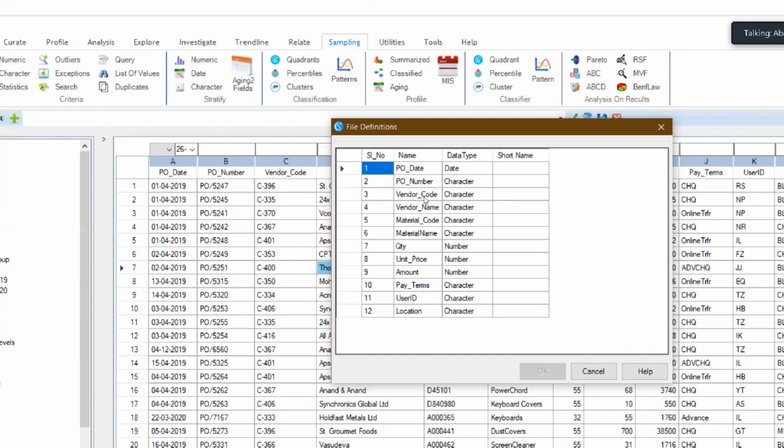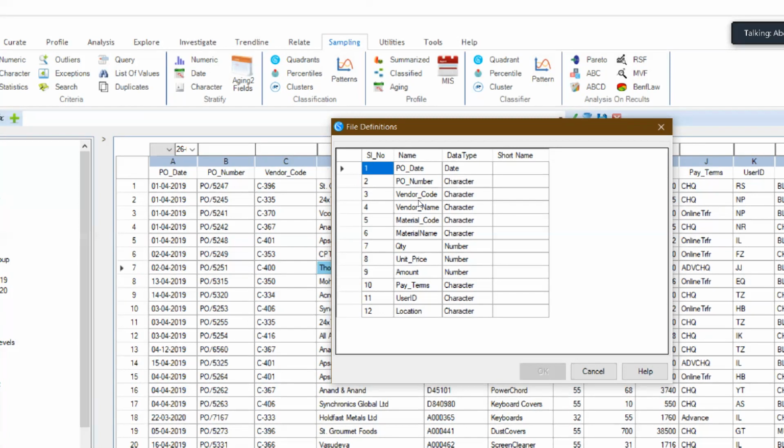I have got the quantity. Based on the quantity, what can I perform? I can get the count, I can get the sum, I can group them month-wise. I can find out the quantity which has been purchased, based on the material code. I can group them based on the vendor code to check how much of an item has been bought from the vendor.